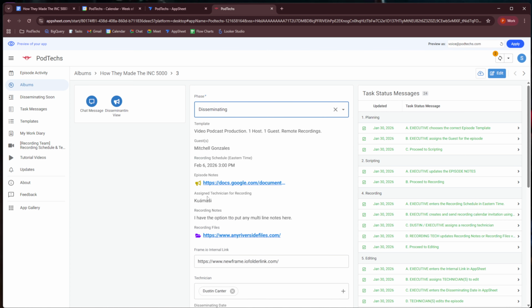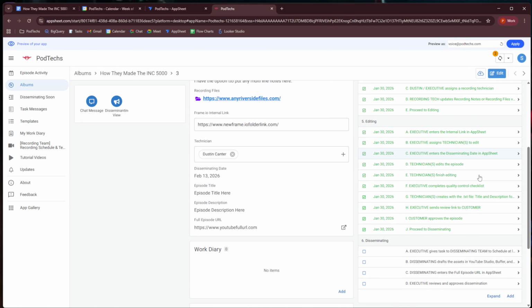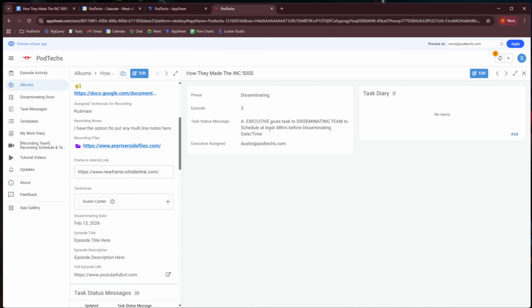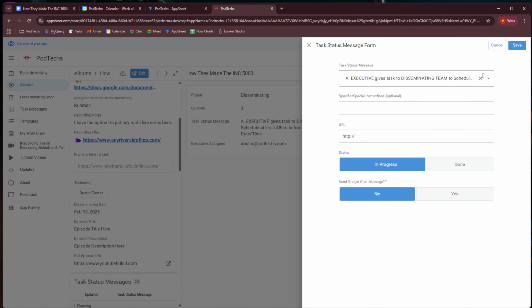And it says here, Executive gives tasks to disseminating team to schedule at least 48 hours before the disseminating date and time. So I can edit that, and I will give the specific instruction here. I believe most of the executives are already doing this method.